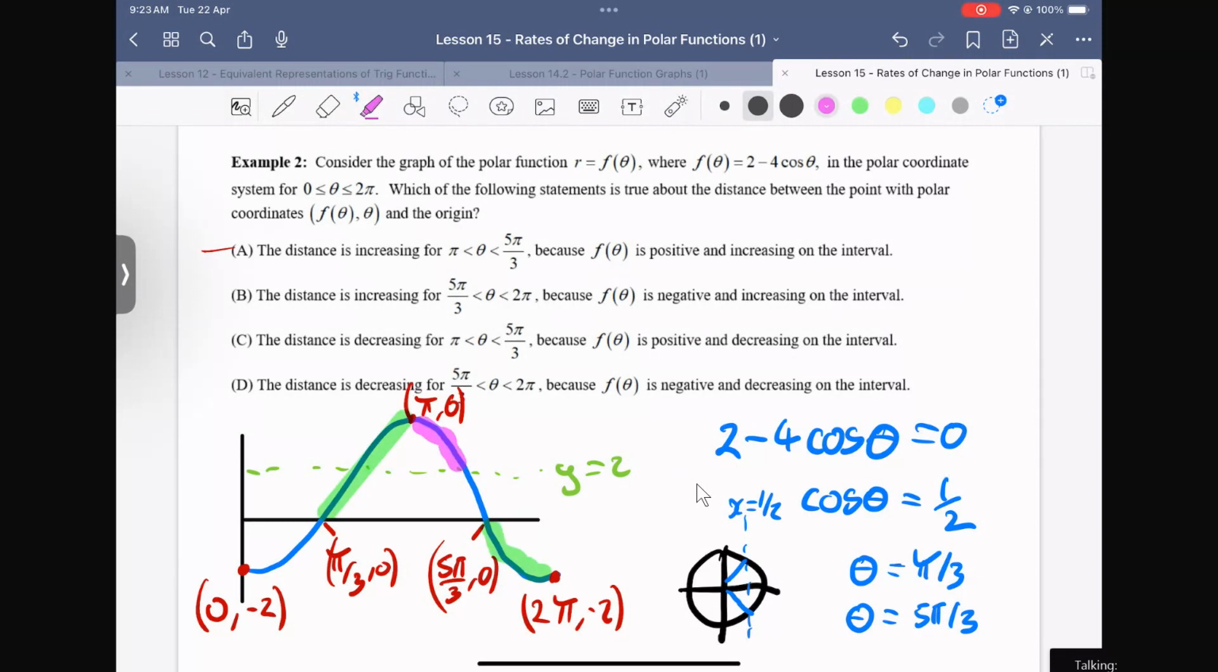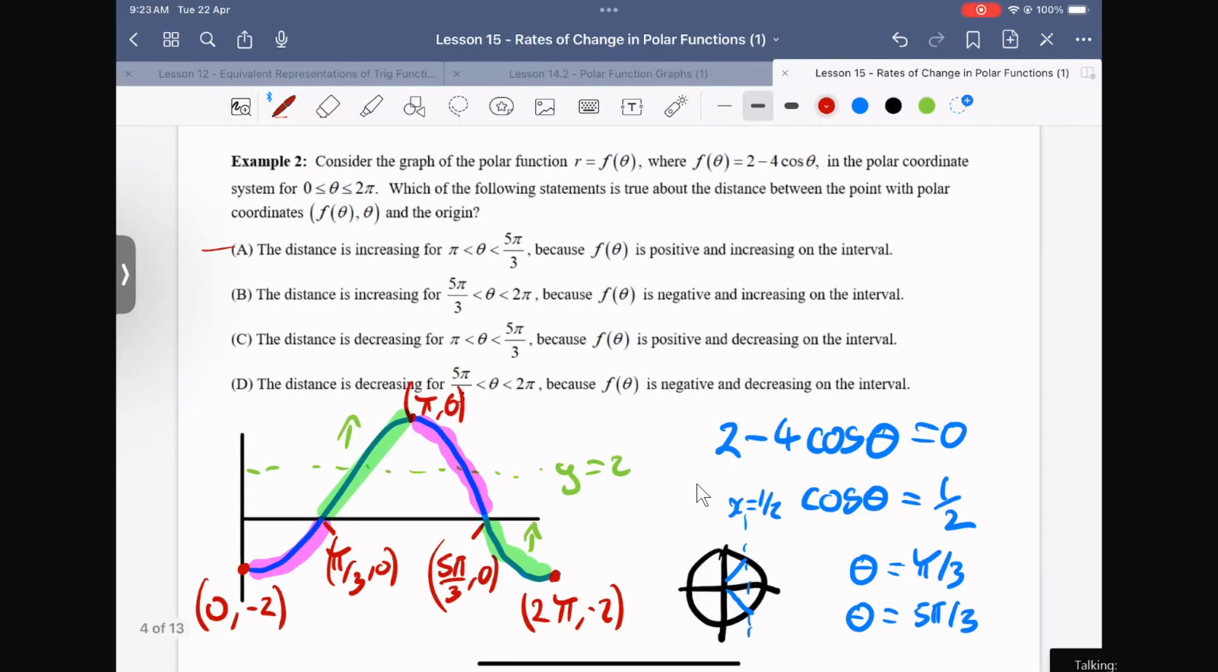It's going to be decreasing in these intervals. This is where it's increasing, and these are where it's decreasing. So from pi to 5 pi/3, that's this pink interval here, the distance is increasing. No, it's not. It's decreasing. So it's wrong. The distance is increasing from 5 pi/3 to 2 pi, so we're down here now, and that is true. It is increasing here,